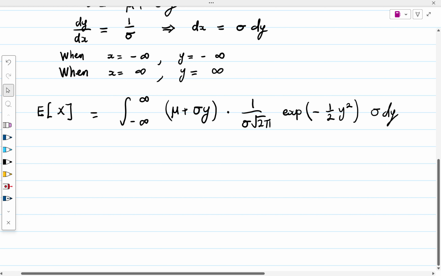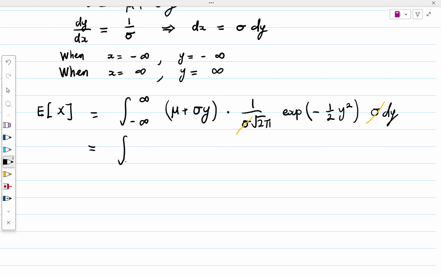So far, looking good. One thing I'm going to notice first is that the sigma down the bottom, in the denominator, will cancel with the sigma at the top. So without further ado, I'll just do a little bit more simplification. That's still negative infinity to infinity of mu plus sigma y all over, times 1 on square root 2 pi exp of negative a half y squared dy,